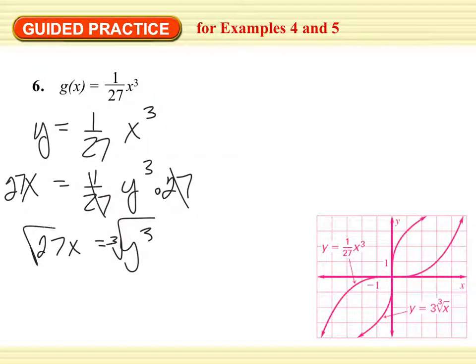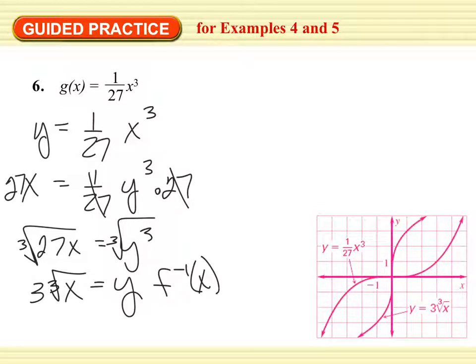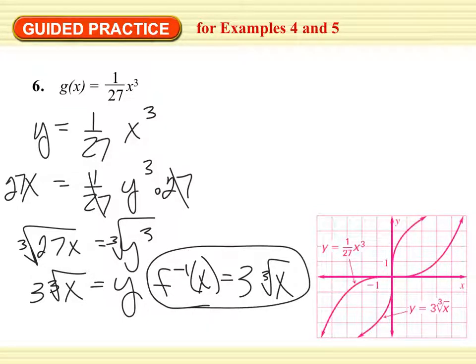Take the cubed root of both sides. I can take the cubed root of 27. I get 3 cubed root of x equals y. So my inverse function is 3 cubed root of x. And again, here my domain is not restricted, so I would set up my t-table